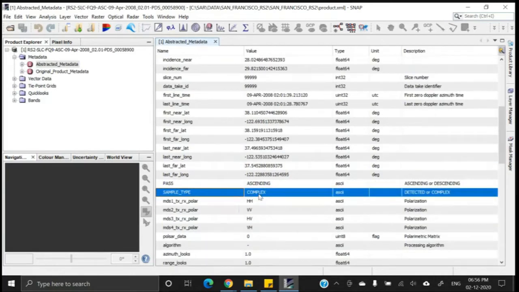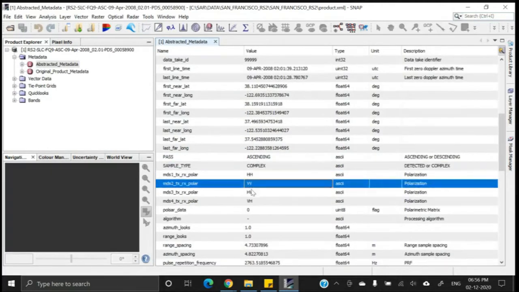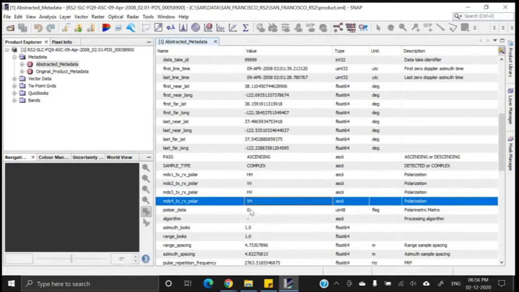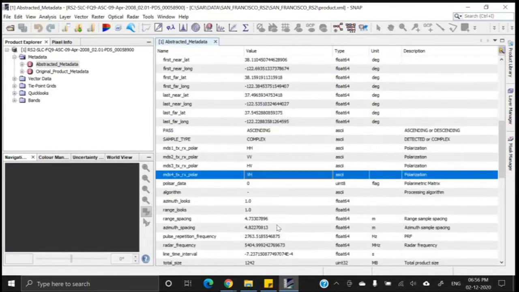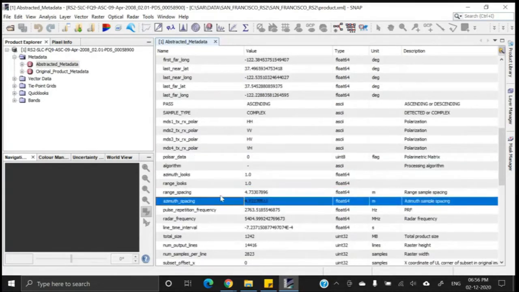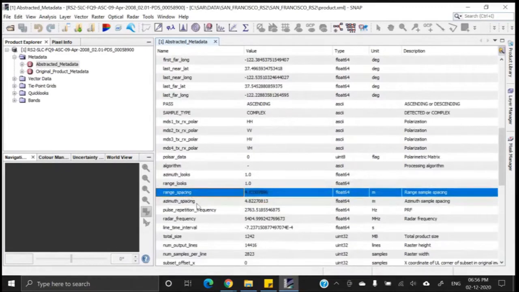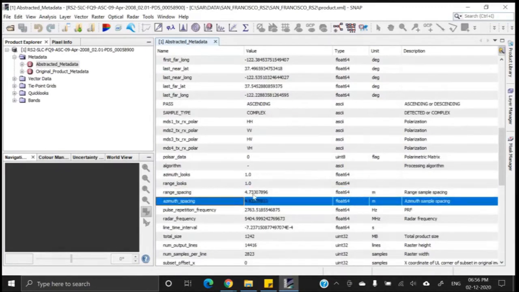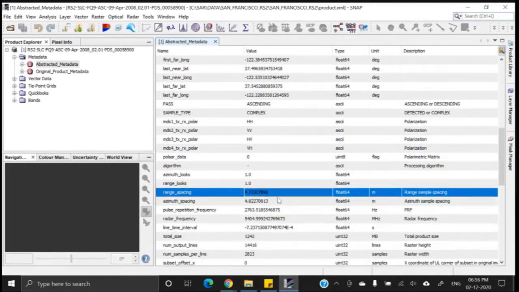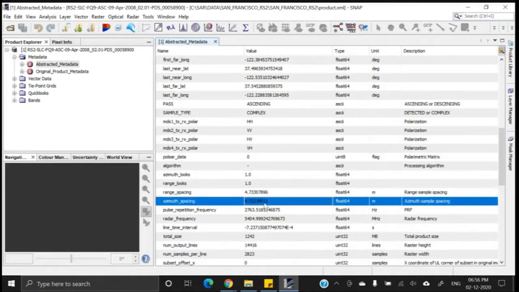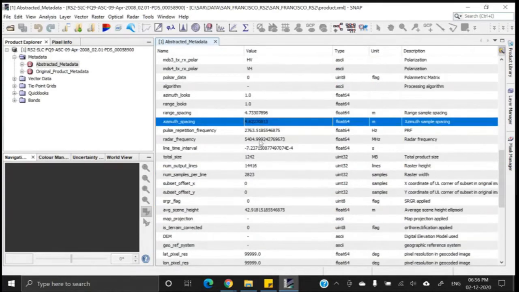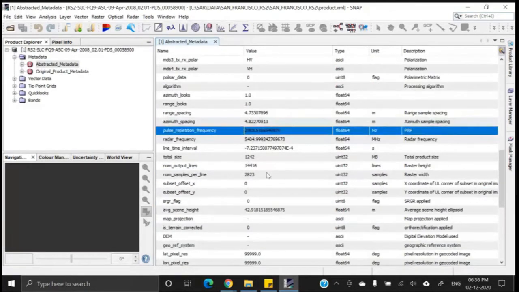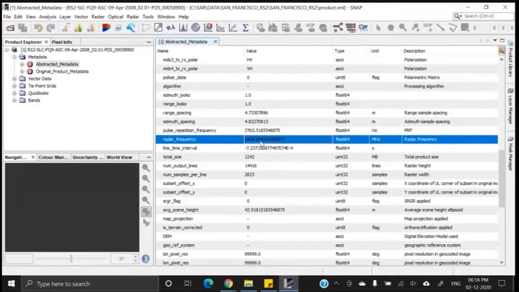So, sample type is complex, this single look complex data, then in which polarizations the image is being provided. Then the spatial resolution, you can also see range resolution, then azimuth resolution. The range resolution is around 4.7 meter, then azimuth resolution is around 4.8 meter, and then pulse length, then radar frequency.